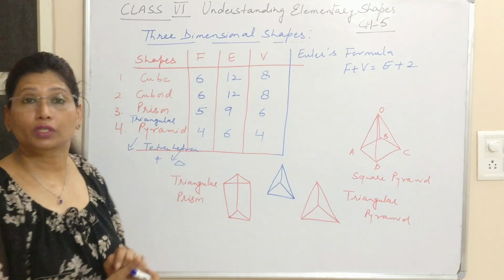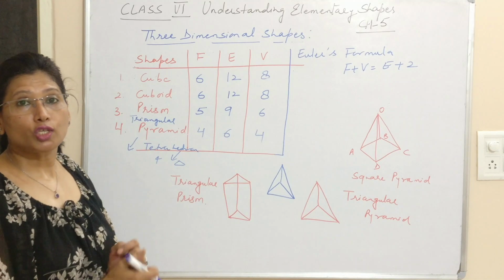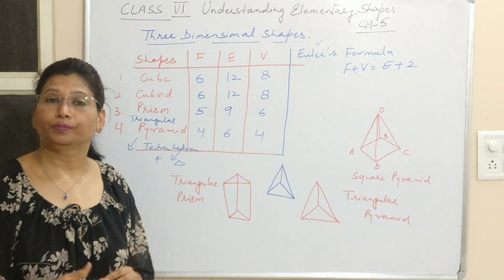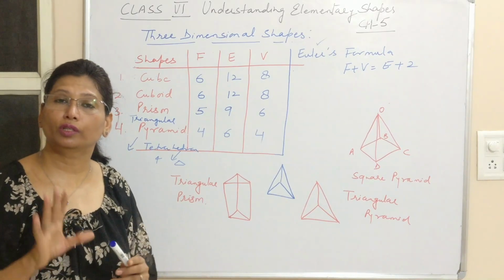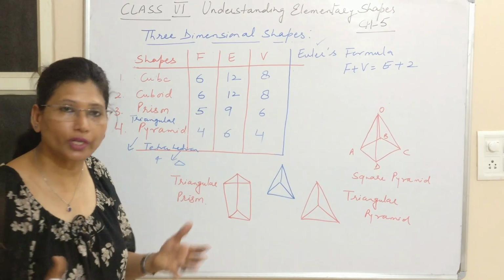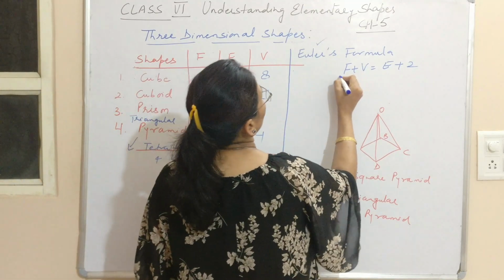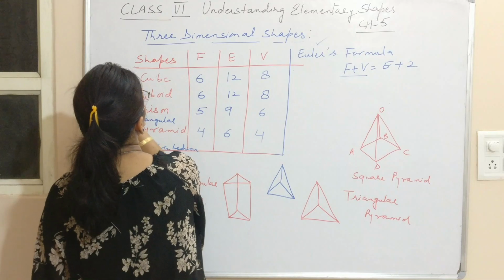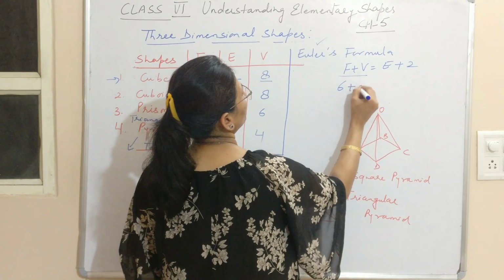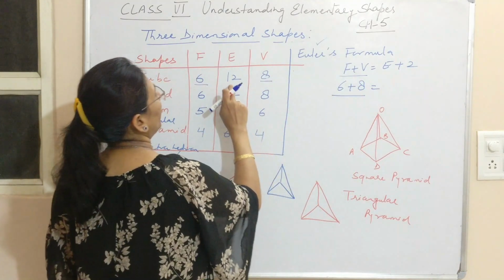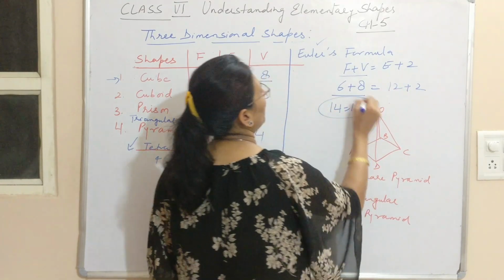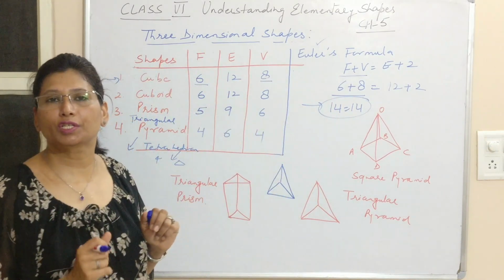Now the thing is, we have a doubt whether we have written it correctly or not. For that, I am telling you about Euler's formula, which comes in class 9th. If you know it, then you are sure that you have written the faces, vertices and edges correctly, because otherwise how will you check your answer? I'll take an example of a cube. This is faces and this is vertices. 6 faces and 8 vertices. If their sum is equal to edges plus 2, then it means it's correct. This is the formula Euler derived.